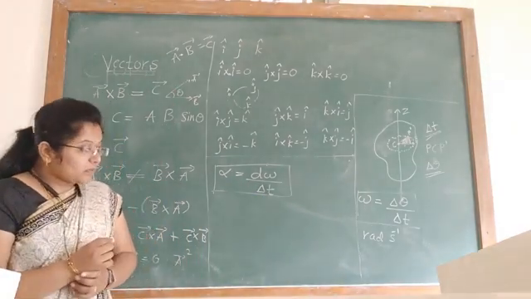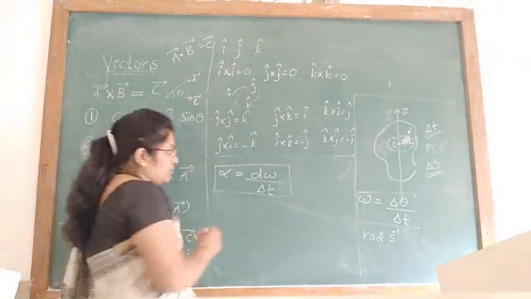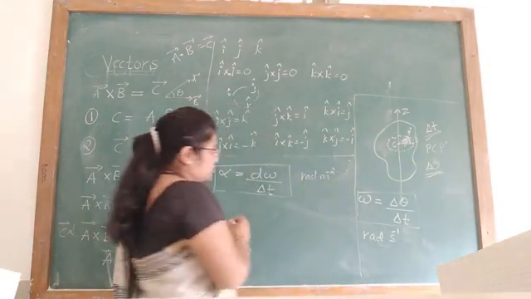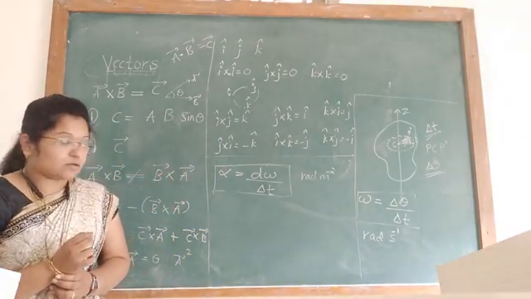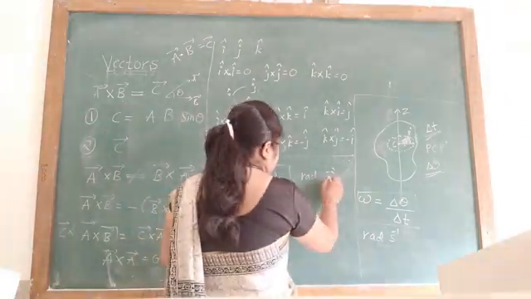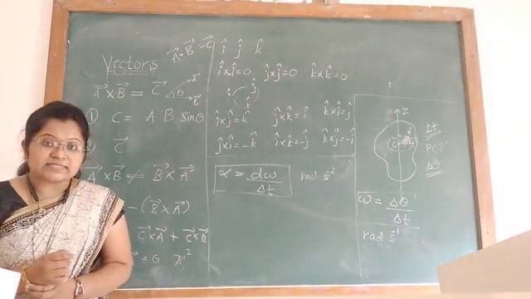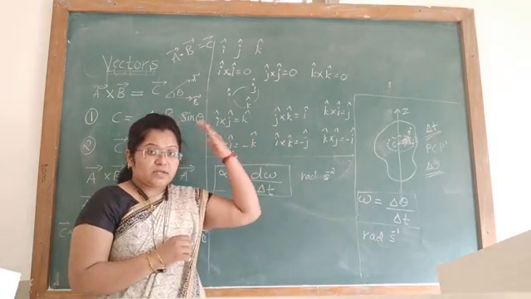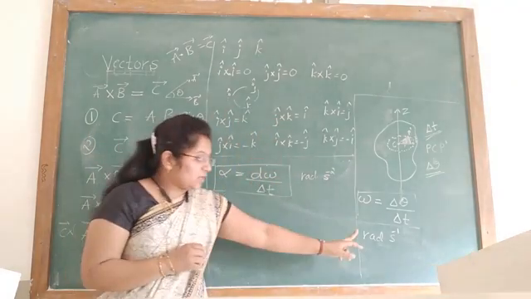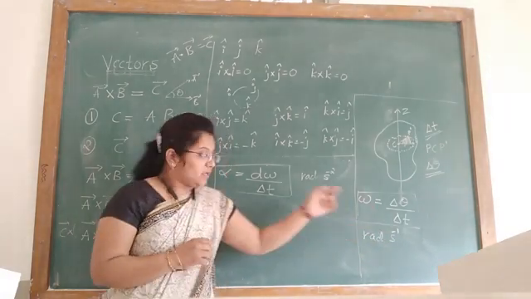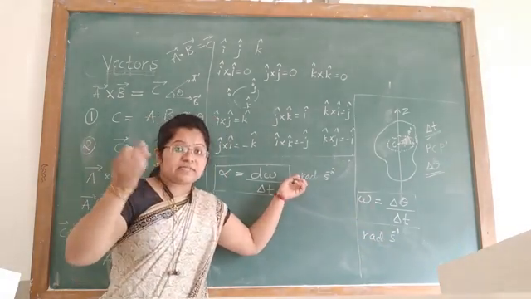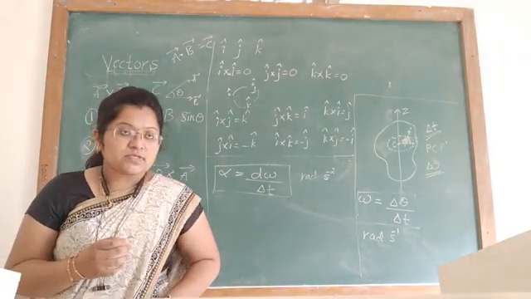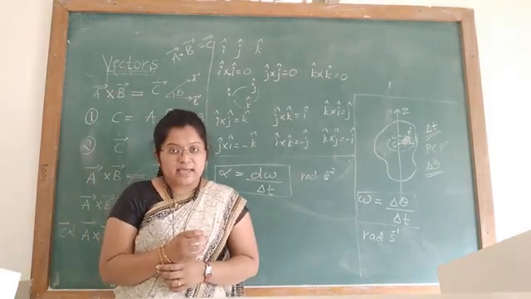Okay, its SI unit is radian per second square, because for acceleration we have meter per second square, so here it is radian per second square. Like velocity we have in the linear motion as meter per second, here it is radian per second. In the acceleration we have meter per second square, here we have radian per second square. Okay. So this is angular velocity and angular acceleration.